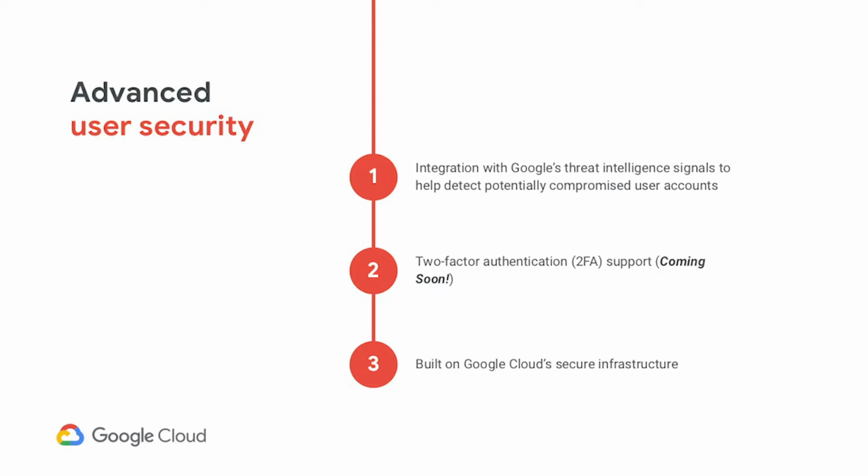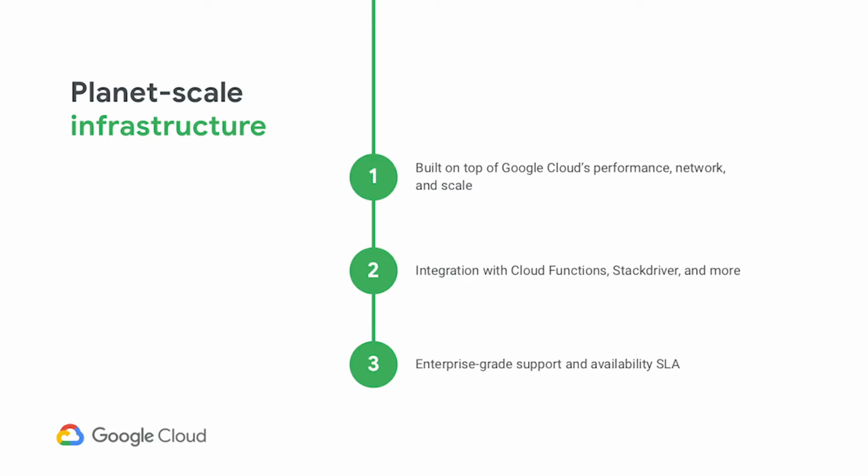And finally, we're built on Google's secure infrastructure. You've probably heard it a whole lot in the last few hours at least, and you'll hear it a lot more over the next couple of days. But everything from the chips in the bottom of our servers, all the way up to the data centers and to the APIs that are going to be exposed to your end users is using Google's secure infrastructure. And we want to deliver this at planet scale.